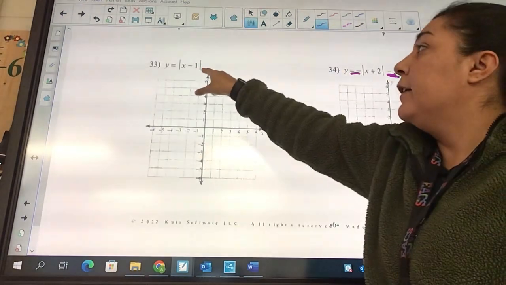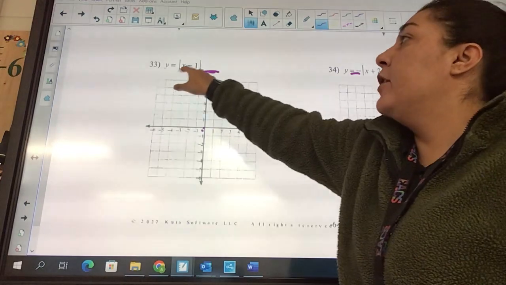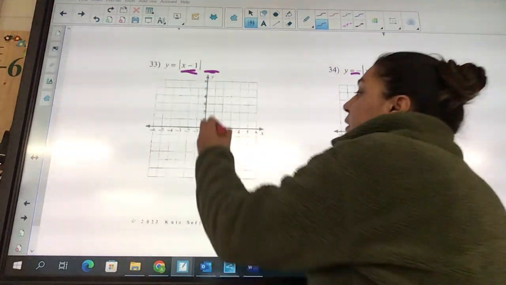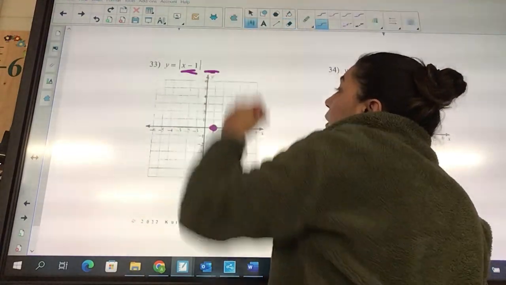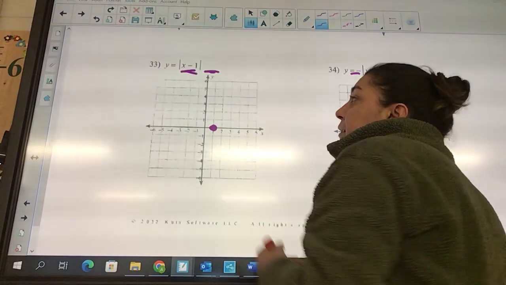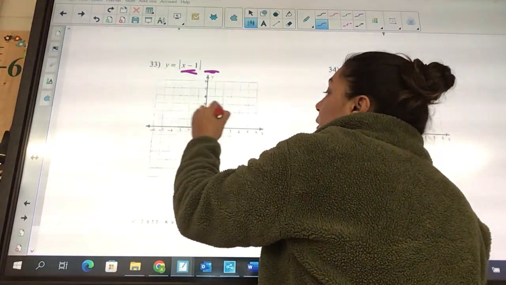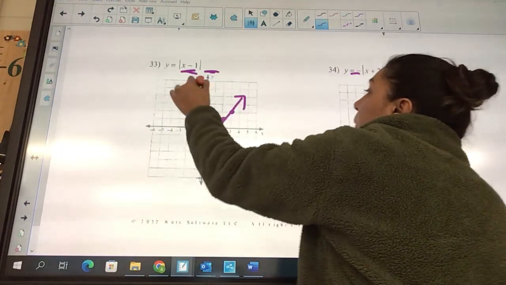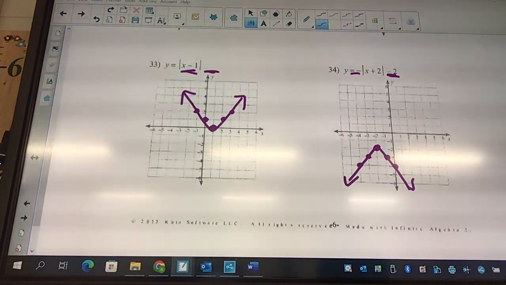Is there a number right here? No, so you start at 0. So we start at 0. We don't go up or down any. What does this 1 do? You go right 1. So that means our graph starts here. Does it open up or down? It opens up. Okay, and it's going to be a V or a U? A V. Okay, over the next couple days,